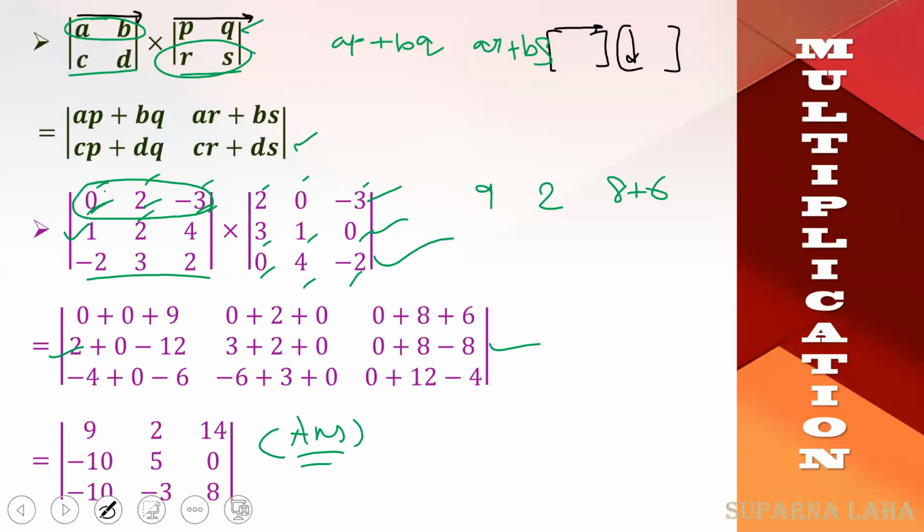Okay, next, let us move to the adjoint portion. Firstly, what is the adjoint matrix? First we will talk about the adjoint matrix, then we will talk about the determinant value of the adjoint. I'm not taking a general matrix, I'm explaining this with an example. Here I'm taking an order 3 matrix: 4 1 2, 7 3 5, 5 1 3. Now we need to find the adjoint of it.